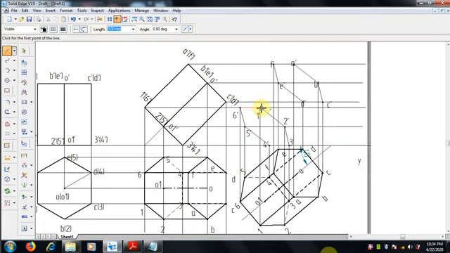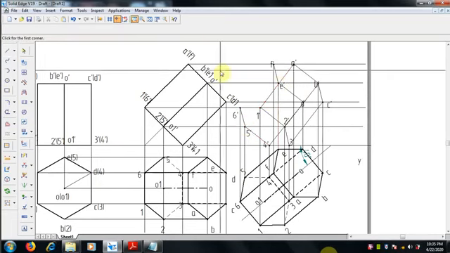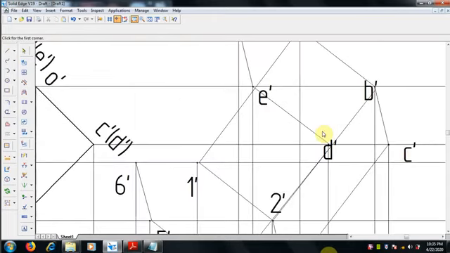Okay, next we have to join the side lines. 1 to A, 2 to B, 3 to C, 4 to D, 5 to E. Zoom in so we can mention exactly, so that no confusion comes.